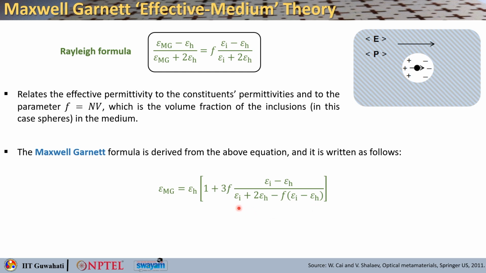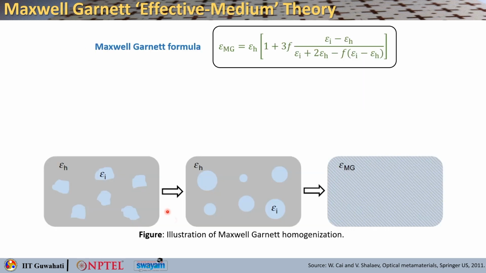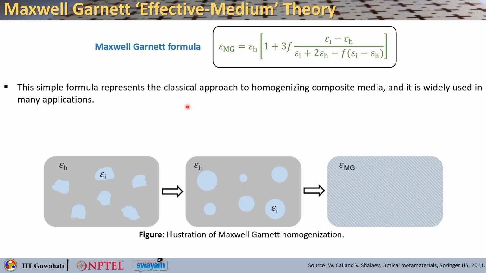So, this denominator will simply be epsilon_i + 2 epsilon_h - f (epsilon_i - epsilon_h). So, this is how, using the values of epsilon_i, epsilon_h and f, you can calculate the effective permittivity of the medium. So, this is one very important formula. This is called the Maxwell-Garnett formula, okay, and